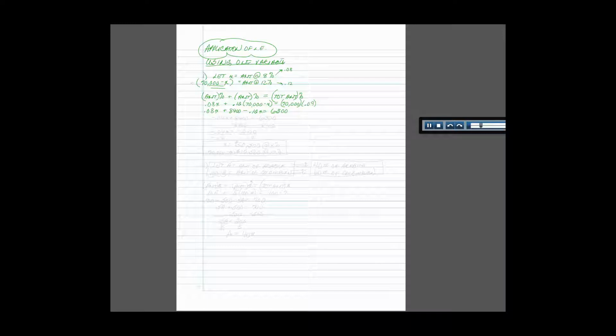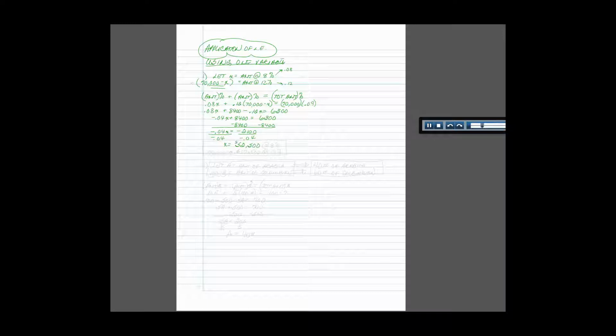Combine like terms, 0.08 minus 0.12 is negative 0.04x plus 8,400 equals 6,300. Subtract to get numbers on the other side. We end up with negative 0.04x equals negative 2,100. Divide by the coefficient, negative 0.04. And we end up with x equals